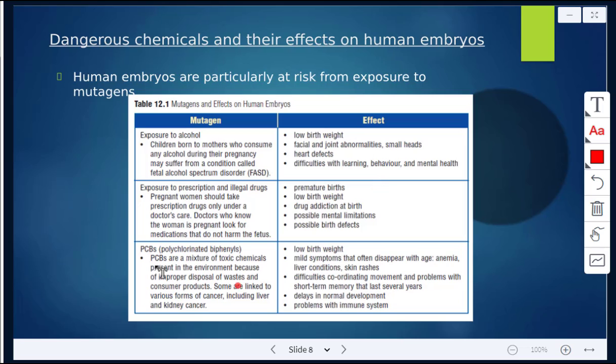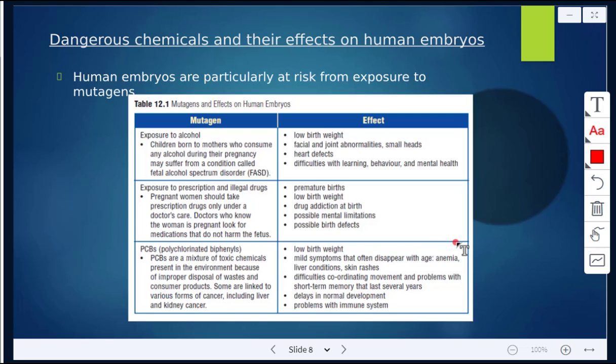PCBs are chemicals present in things like paint, thinners, and other chemicals. PCBs stand for polychlorinated biphenyls. They're a mixture of toxic chemicals. They're present in the environment because of improper disposal of wastes and consumer products. Some of these are linked to various forms of cancer, including liver and kidney cancer. The effect on a fetus: low birth weight,